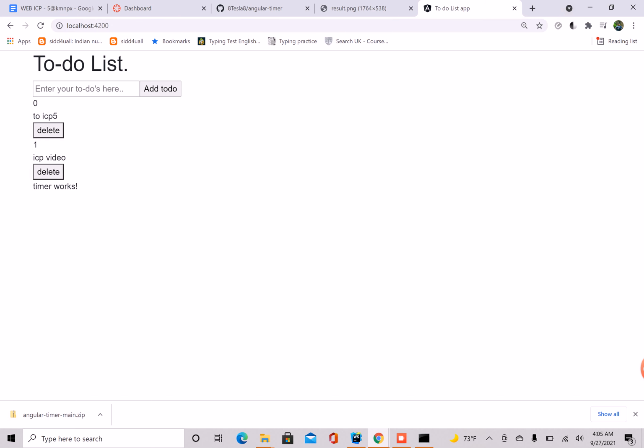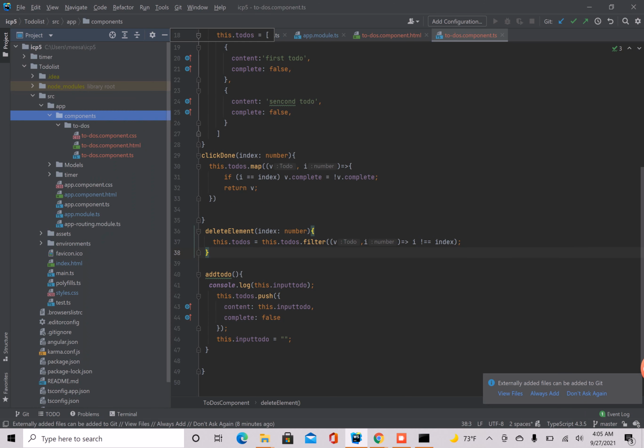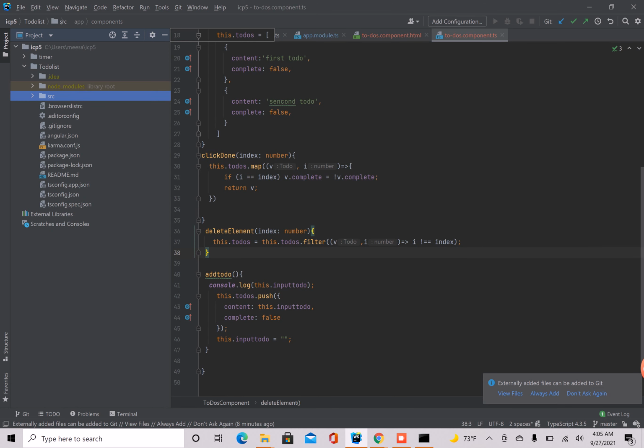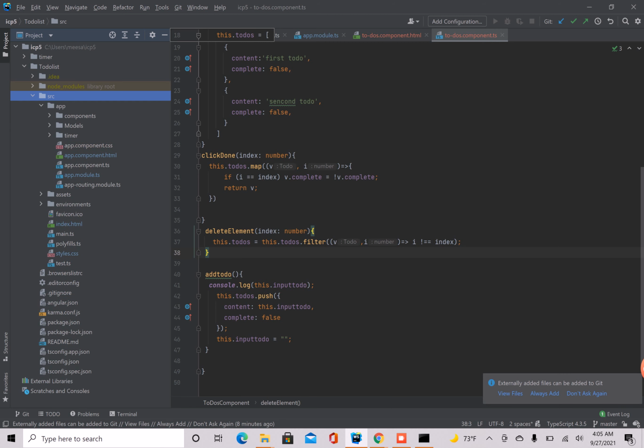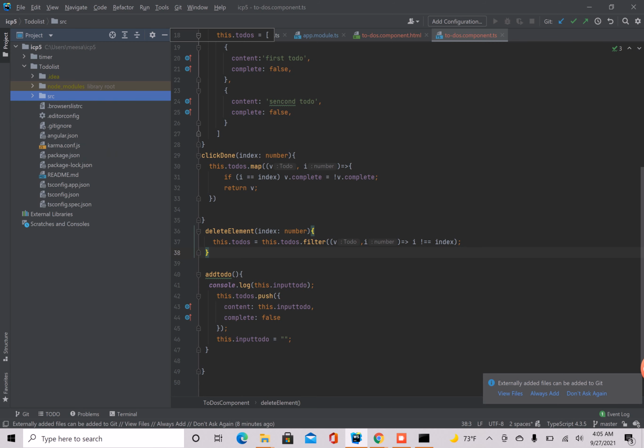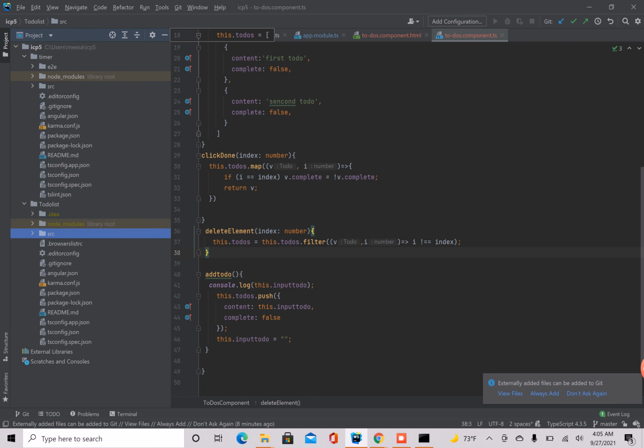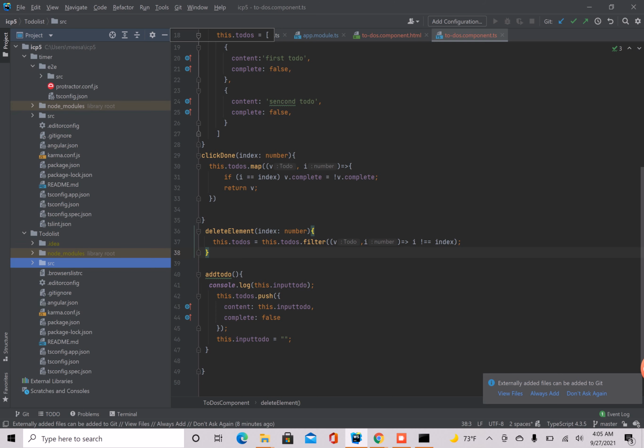So coming to the next task, it's a timer. I've done it separately. I was thinking about adding it to this too, but I couldn't. But I have created a module for the timer as well, so I'm going to add it in the future. So coming to the timer,